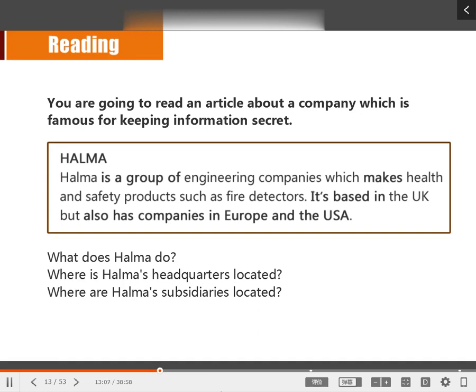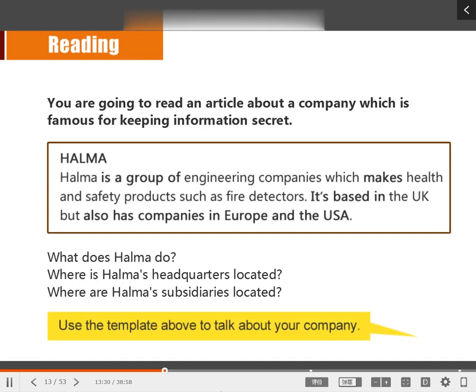Yes, according to the company biography, it said it also has companies in Europe and the USA. 好，这一段公司简介哈，虽然说很简短，但是呢，却包含了大量的信息，而这里面的一些句型跟表达方式都是值得我们学习的。